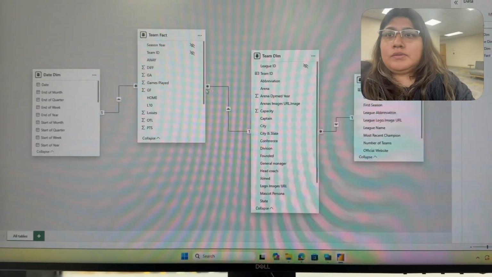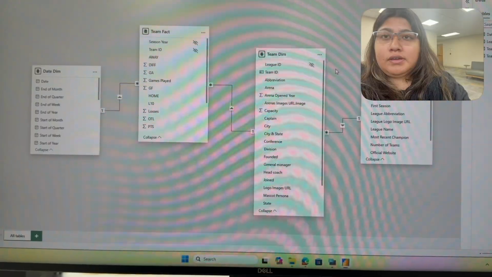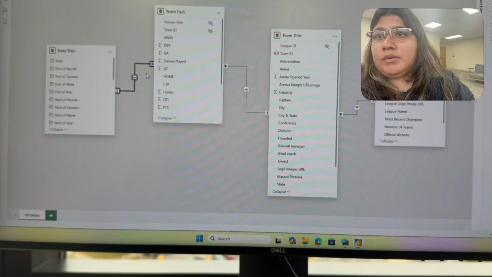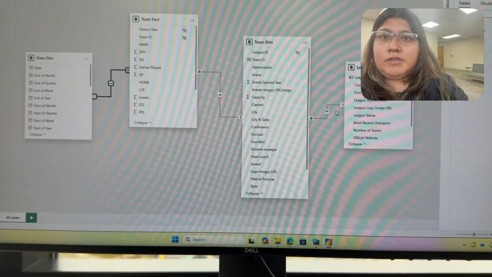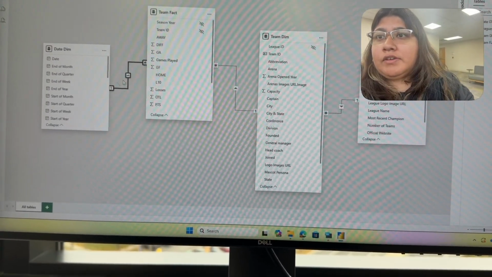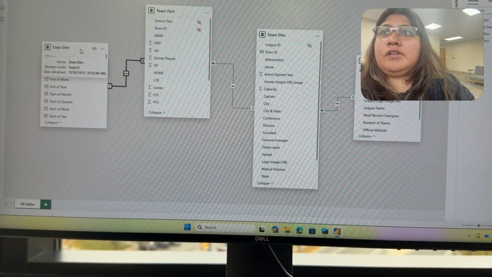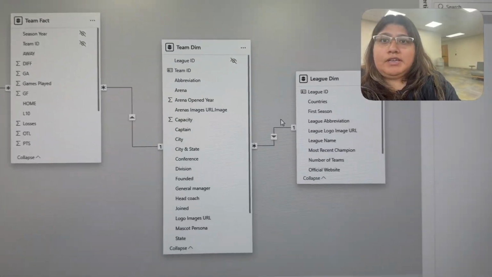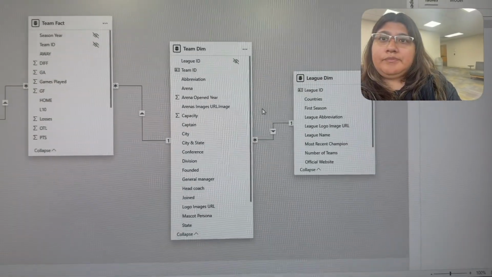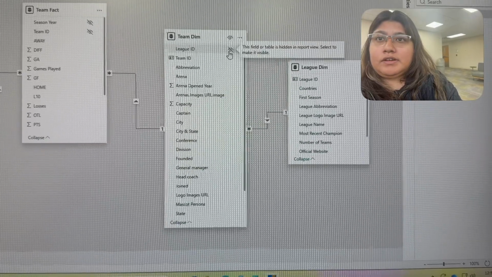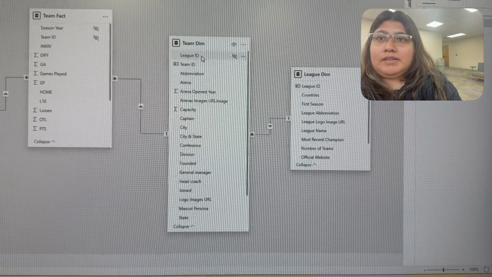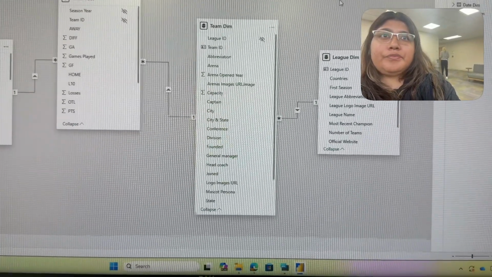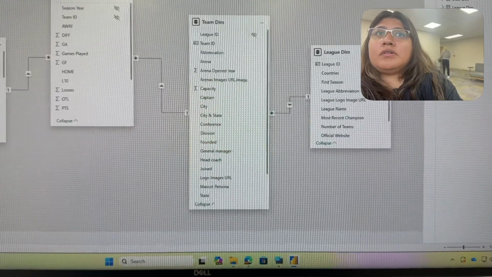So this was new, just sorting every data source and linking them by one to many, many to one, many to one again. And for example, these two are linked with year. And if we check this one, is team ID and then league ID. As you can see here, I hid certain things like league ID, team ID, season year. Okay, and then